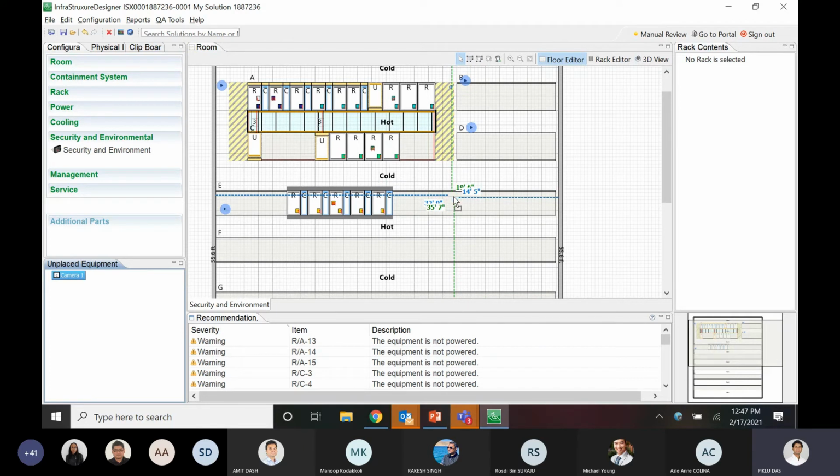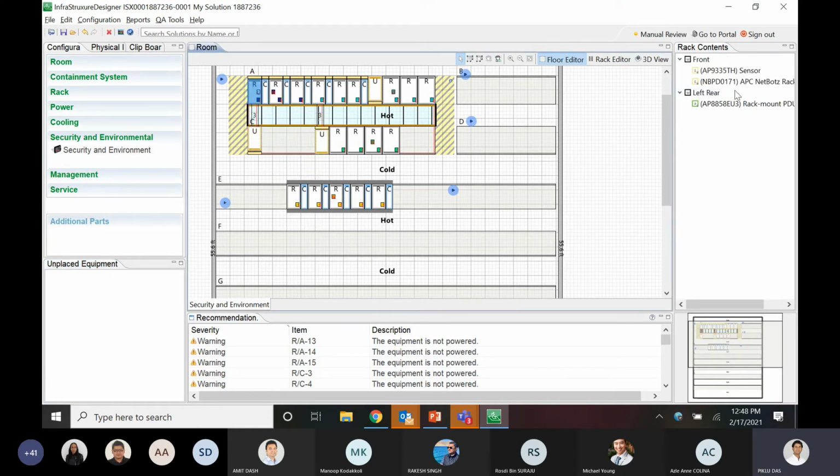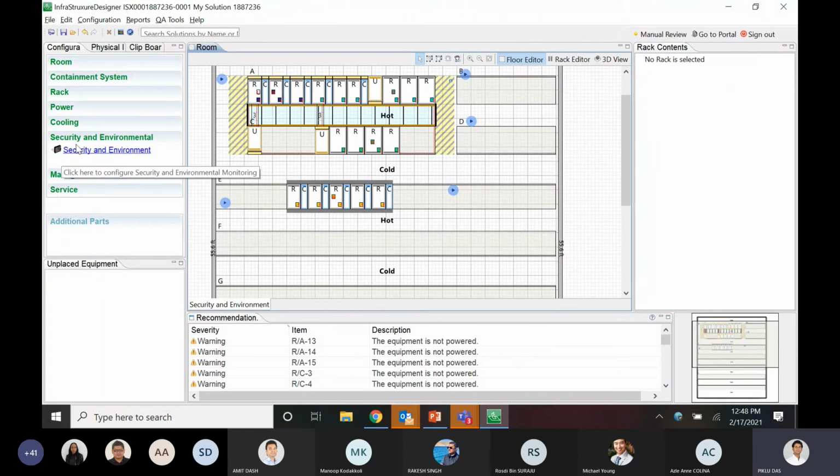This is how the cameras can be placed in IS Designer. You can also see that in the first rack, the NetBotz appliance, or the rack access, has been placed, and the rack monitor is placed on the second rack. So this is how we have completed security and environment.